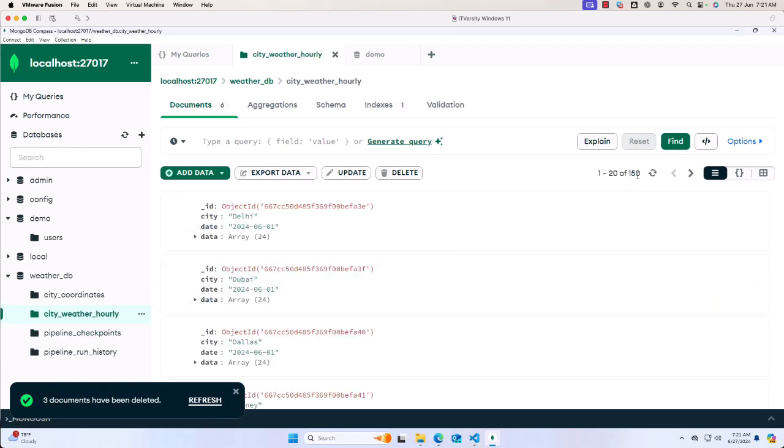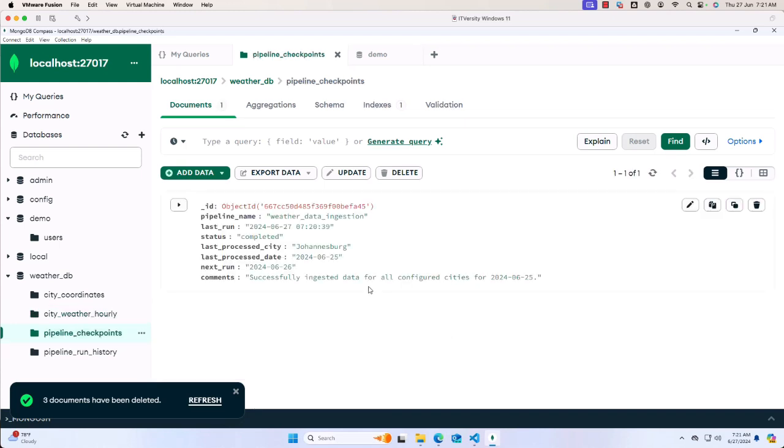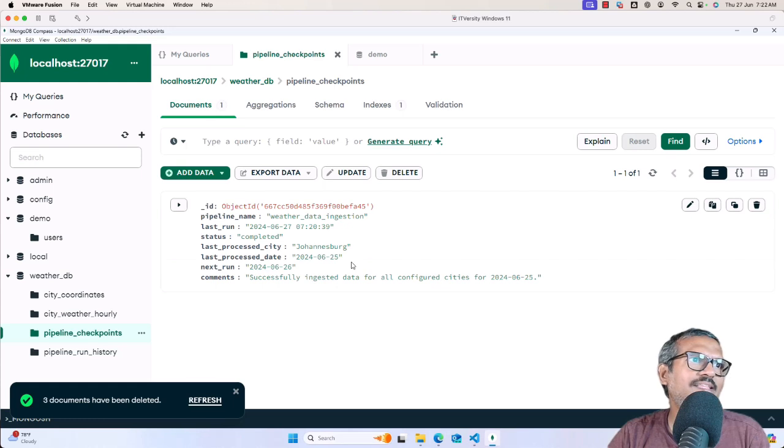You can look at city weather hourly. You see there are 150 records because it has processed for 25 days. For each day there are 6 records. Hence you can see 150 records as documents. When it comes to pipeline checkpoints, you can check the next run. It is nothing but 2024 June 26th. The last processed date is nothing but 2024 June 25th, which is T-2. Today is 2024 June 27th. When this is run tomorrow, it will attempt to process the data for 2024 June 26th. That being said,